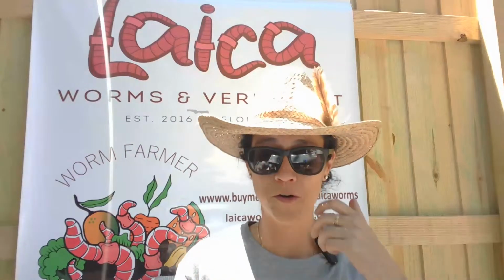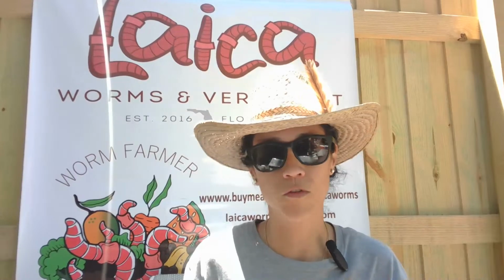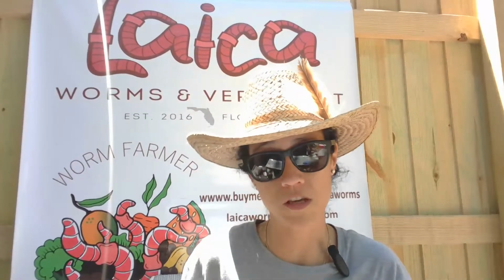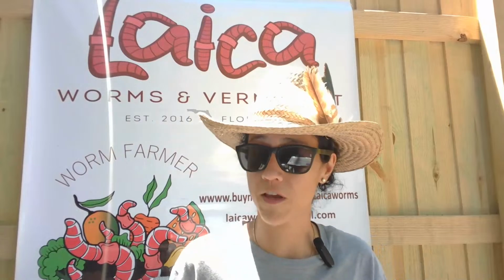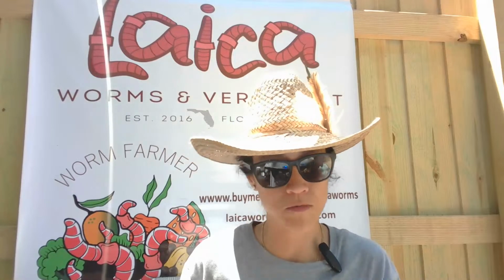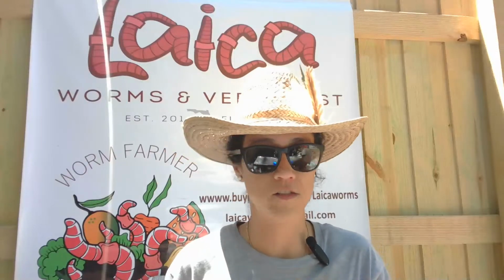So again, put those gloves on, go in your worm farm, and just check. You can move stuff around, and hopefully there's only about 20% food left, and then you can add your new feed. If you see a lot more than 20%, then avoid feeding that one time, wait a few more days, 3 days, 4 days, and then check again and see if the worms ate some more of the food. If you have to wait a whole week, then we wait one more week